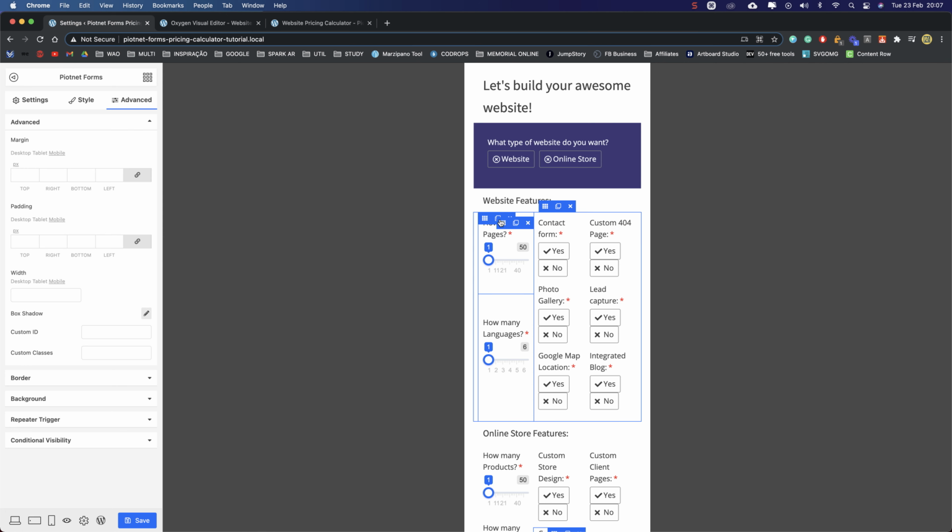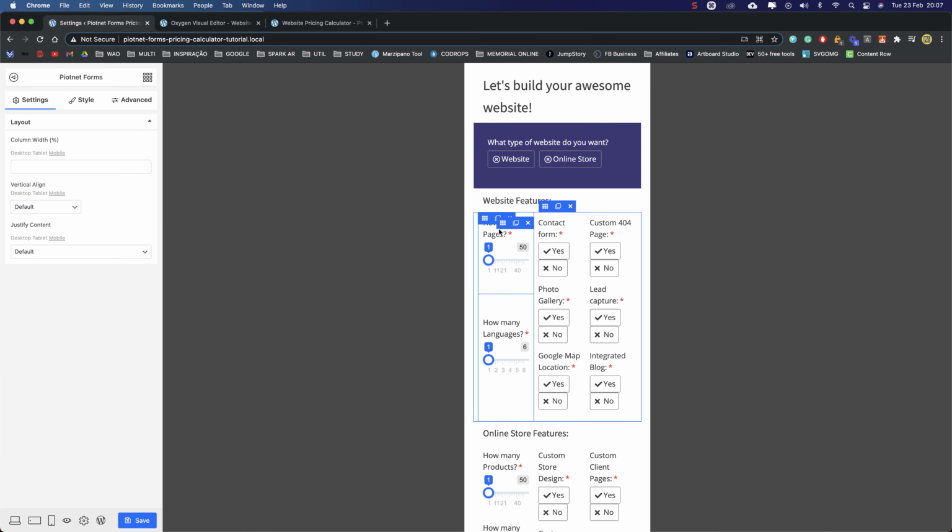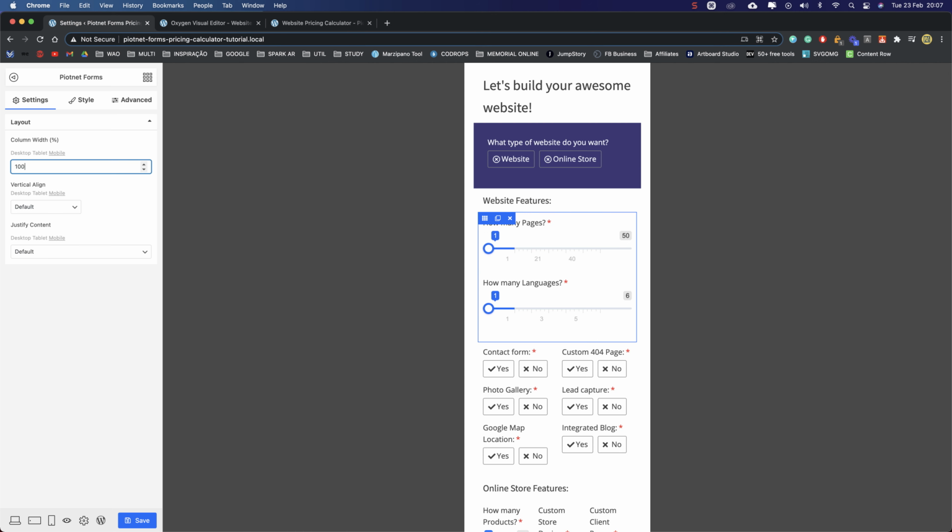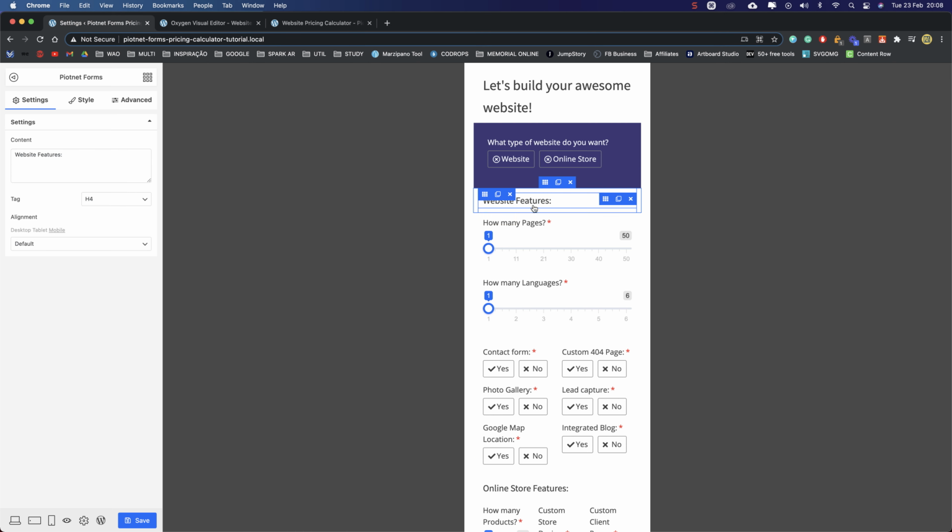On mobile view, what we can do, we can make this column 100, and now everything looks fine. I guess we could make all of them 100, but I will not do it right now.